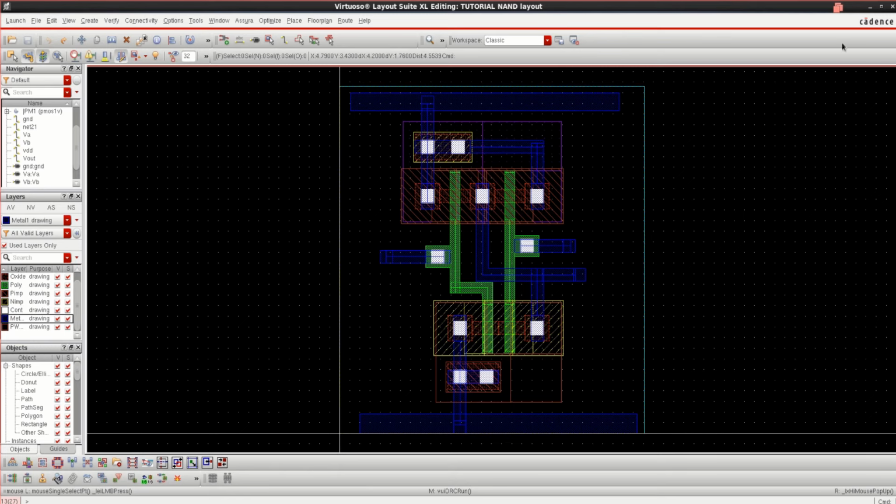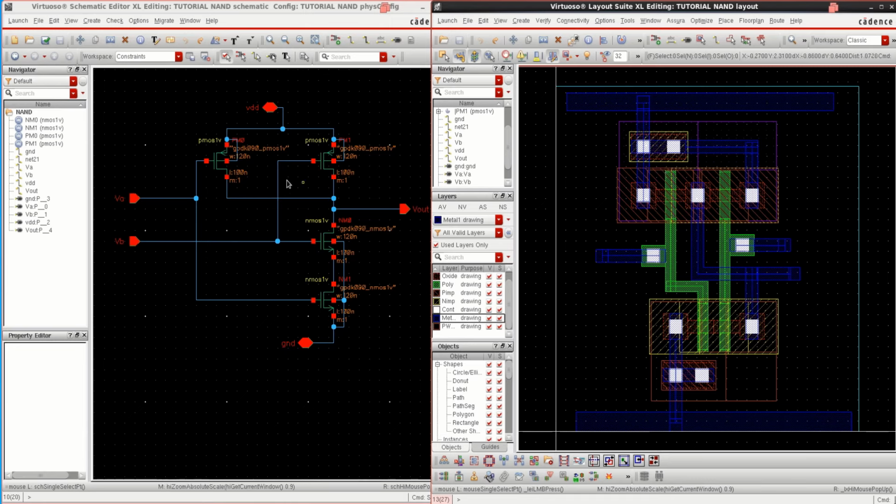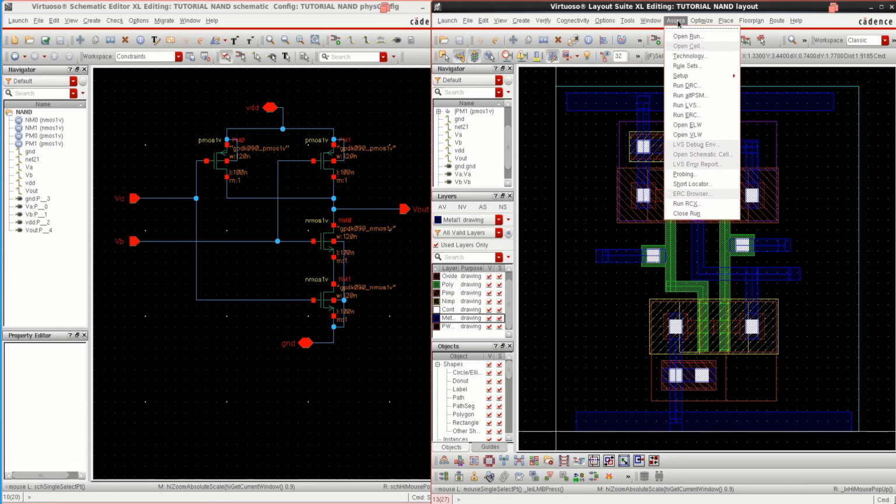Now I want to verify whether the design is equivalent to the circuit schematic or not. That is, I need to perform the layout versus schematic check. To perform that, go to Assura, click on Run LVS, so that I can check whether all the connections are made as per the schematic or not.